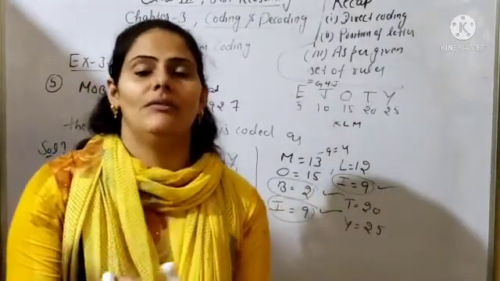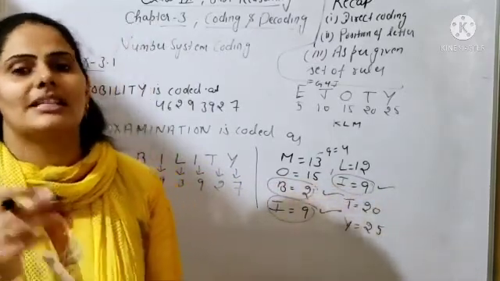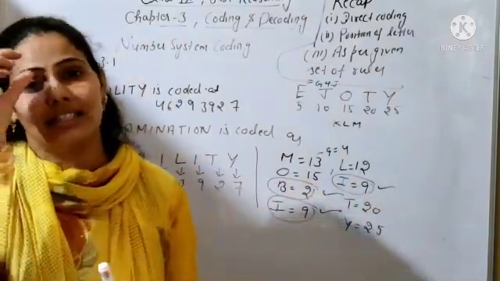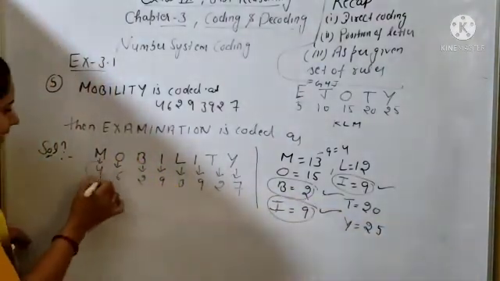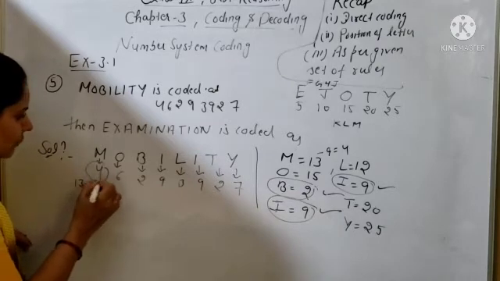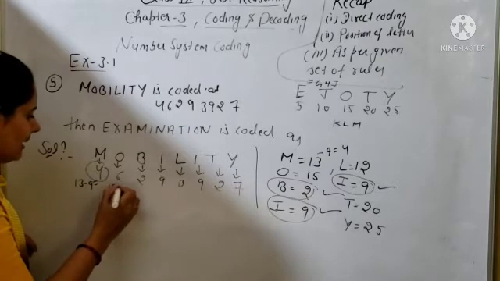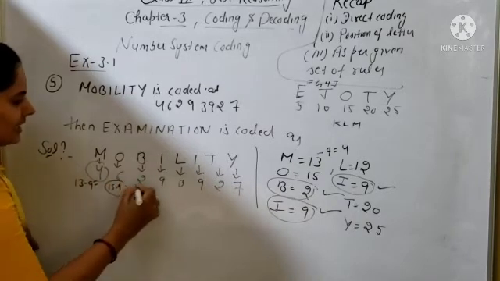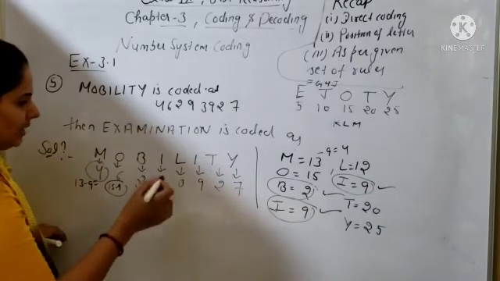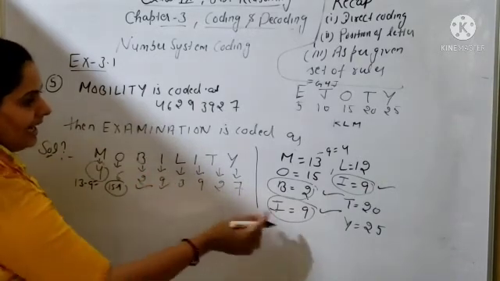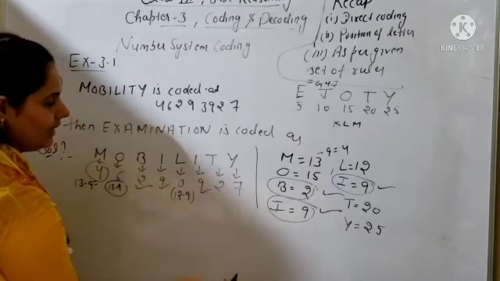You are applying the rule: when a 2-digit number is given, you will subtract 9 from it. After that you will get the answer. So M will be equal to 13 minus 9 is equal to 4. This one will be O, position is 15. So 15 minus 9 you will get 6. This is the correct position, because here you are getting only one digit. I is one digit, clear. L position is 12, so it will be 12 minus 9. This is correct. Okay, one digit only.